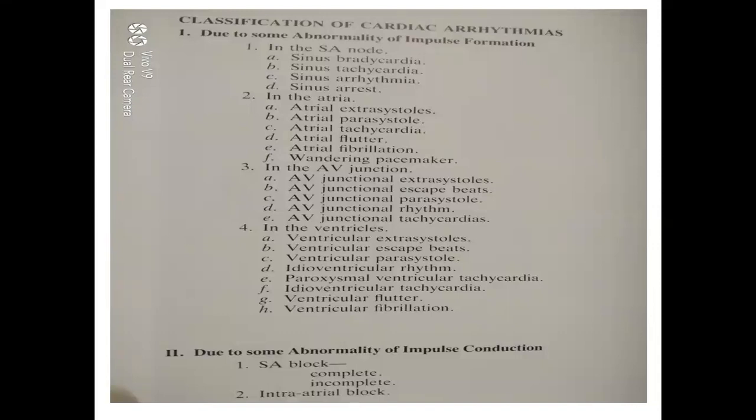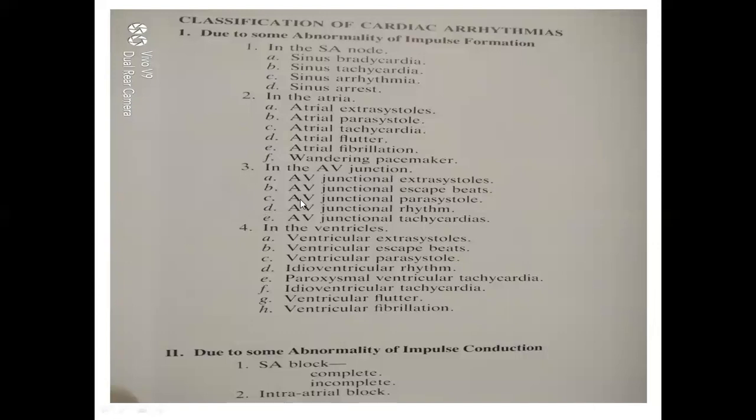Can anyone tell me the different names of the junctional tissue? Which are the main conductive tissues? First we have the SA node, then the AV node, then the bundle of His, then Purkinje fibers. Yes. So we studied normal. Now today we are studying abnormal. That is the reason I was insisting you better study the normal, because when you don't study normal, you will not understand abnormal. So now we are studying what is abnormal in the AV junction. Is it clear? Yes, sir.